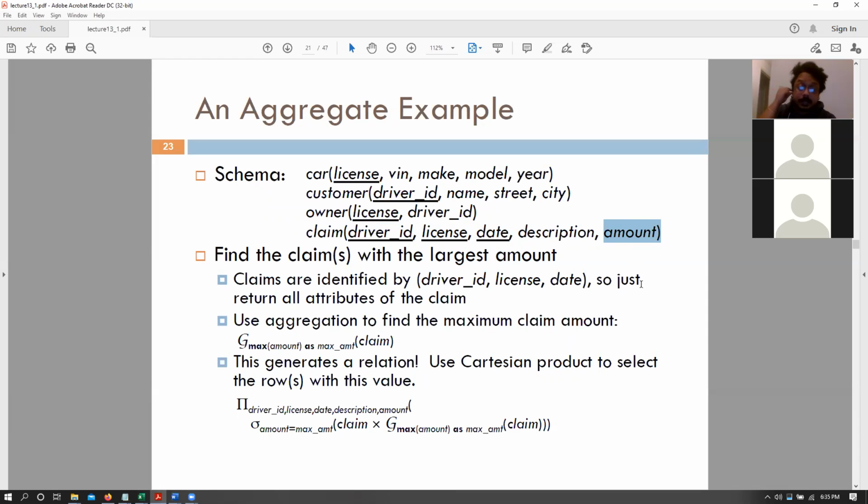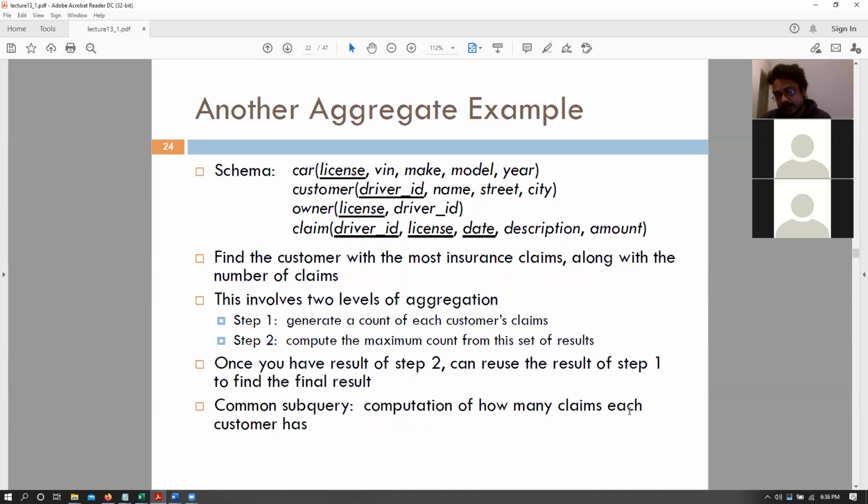And that is where your Cartesian products also come into use. It is very rarely useful, but for these sort of cases, we always need to use the Cartesian product, right? So essentially, get me the set of amounts that have the maximum amount. Or we can have a separate query for that as well.